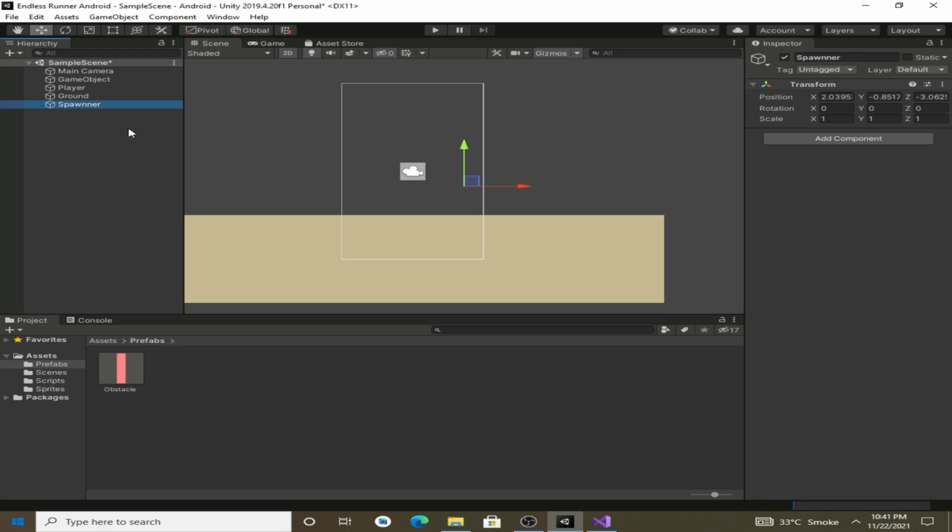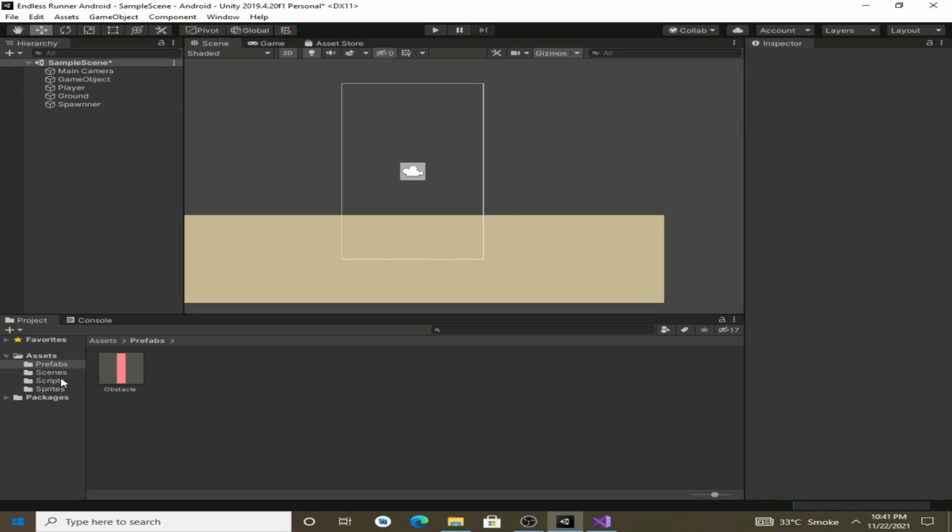So now we will drag it to the right of the player. We will make its y position 0 and z position 0, and now we can create a script for it.